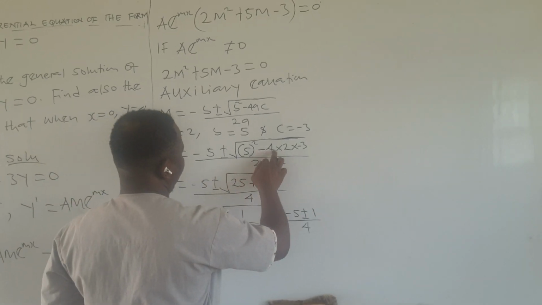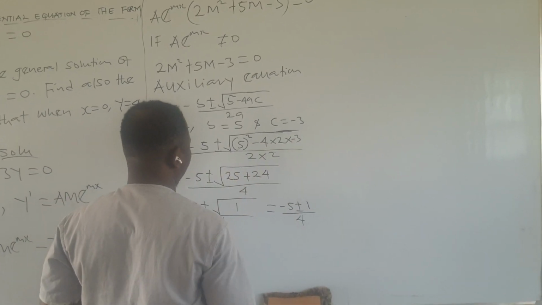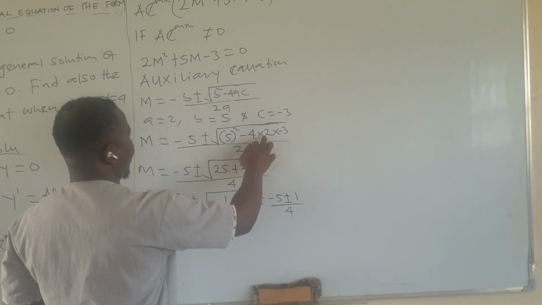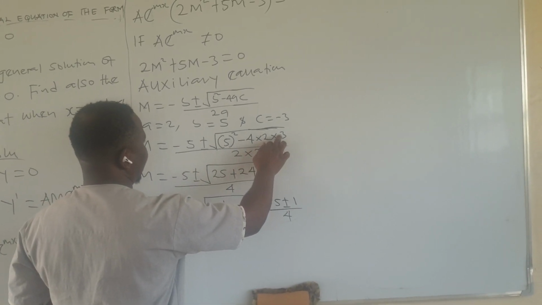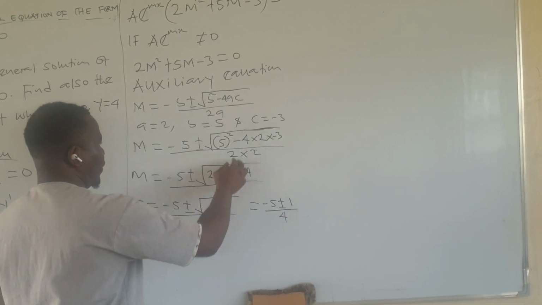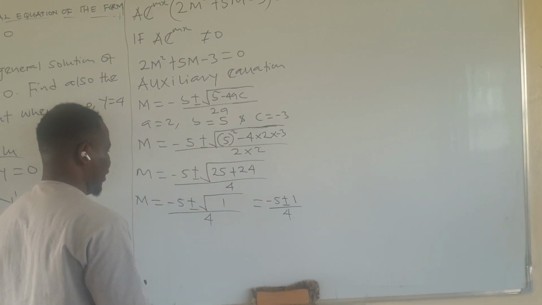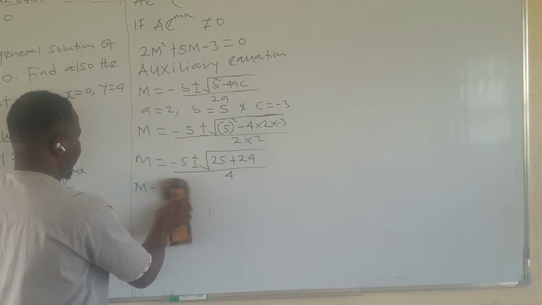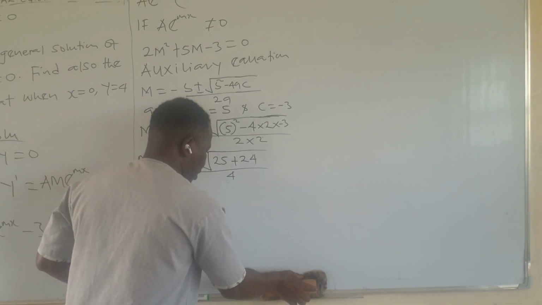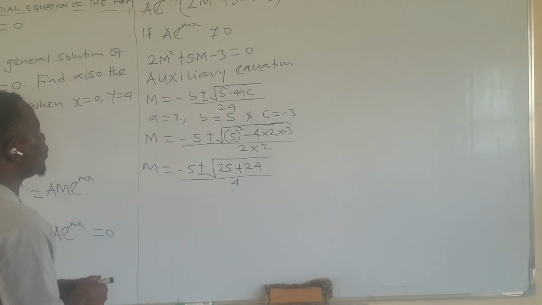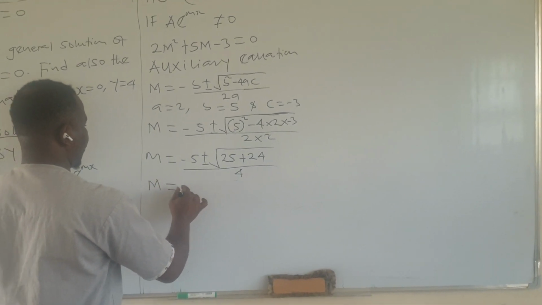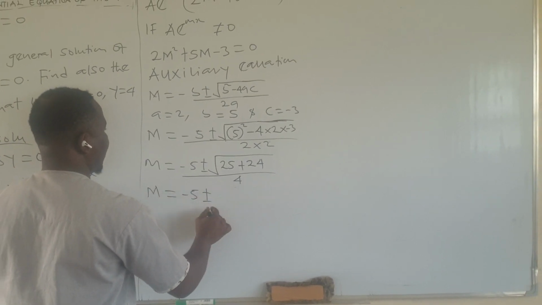Yes, because minus 4 times minus 3, minus 4 times 2 will give us minus 8. Minus 8 times minus 3 will give us plus 24. Please, sorry, take note. Please bear with me. That is mathematics for you. Okay? So m is equal to minus 5 plus or minus